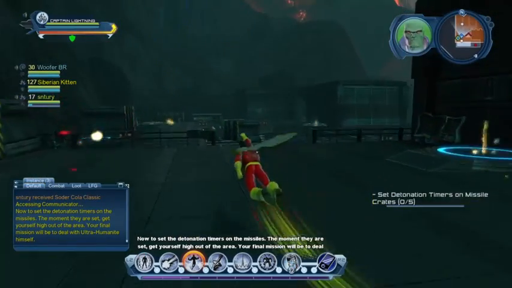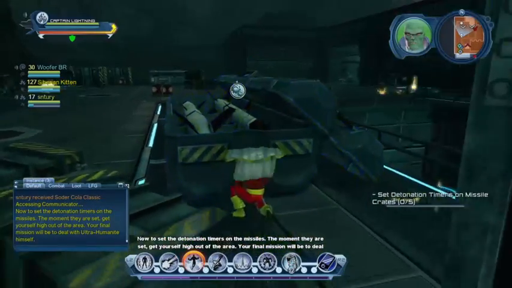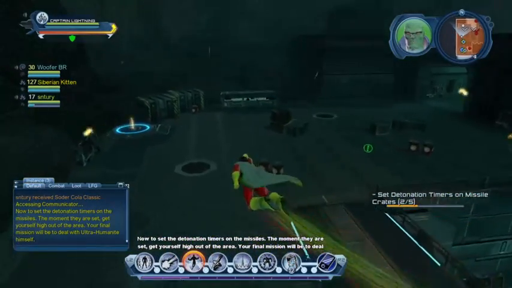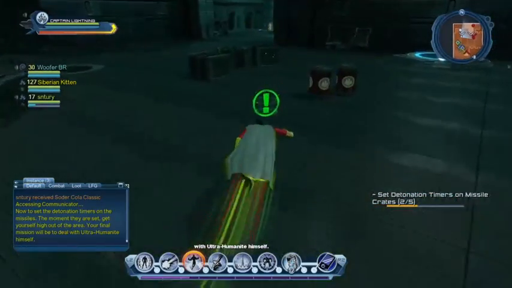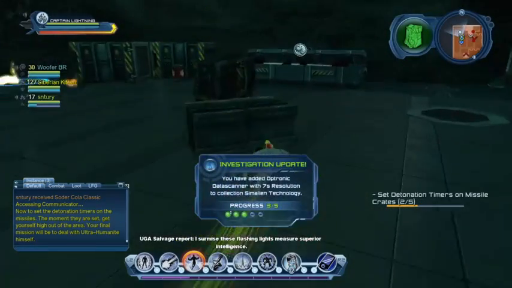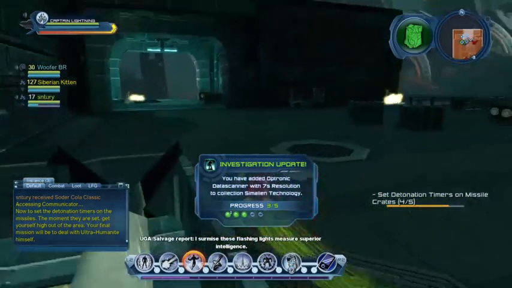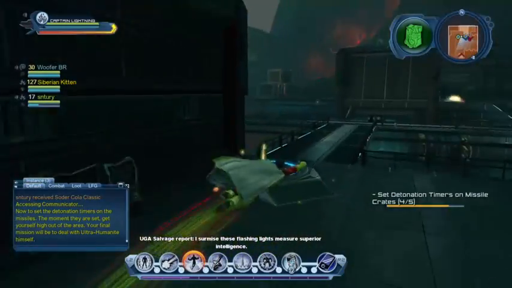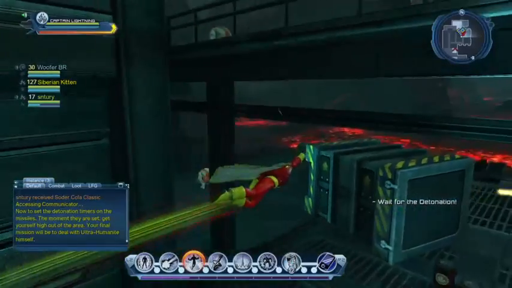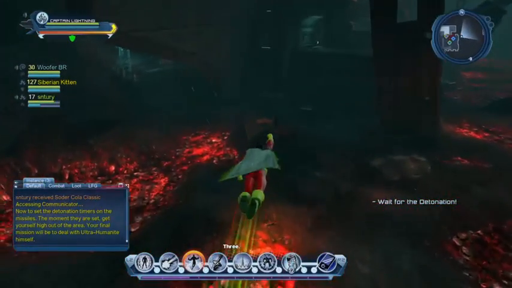Now to set the detonation timers on the missiles. The moment they are set, get yourself out of the area. Your final mission will be to deal with Ultra-Humanite himself. Salvage port. I surmise these flashing lights measure security. Ten seconds to detonation. Oh, it's going to explode, so let's get out of here. 3, 2,